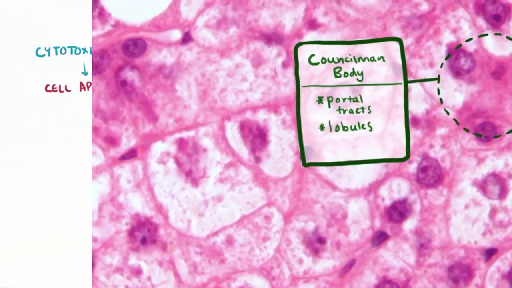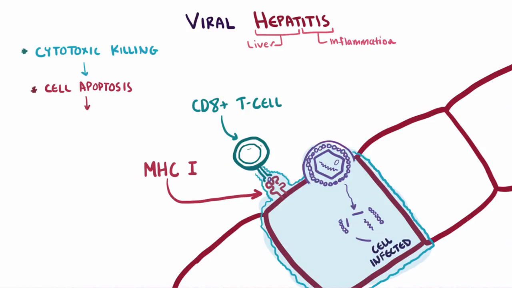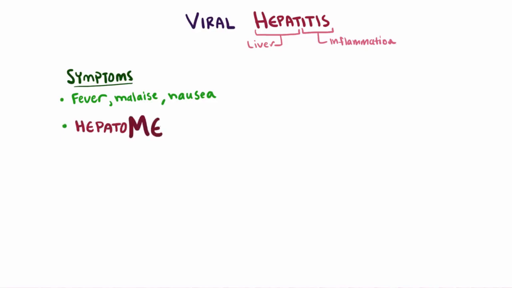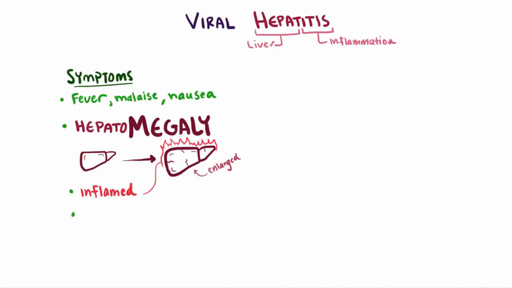This cytotoxic killing of the hepatocytes is the main mechanism behind inflammation of the liver, and eventually liver damage in viral hepatitis. As someone's hepatitis progresses, we'll see a couple classic symptoms related to your immune system mounting an attack, like fever, malaise, and nausea. Additionally, though, patients might have hepatomegaly, where their liver is abnormally large from inflammation, which also might